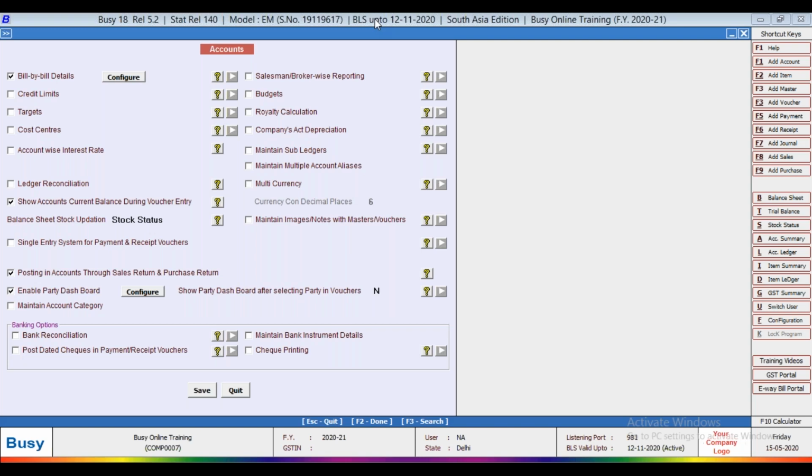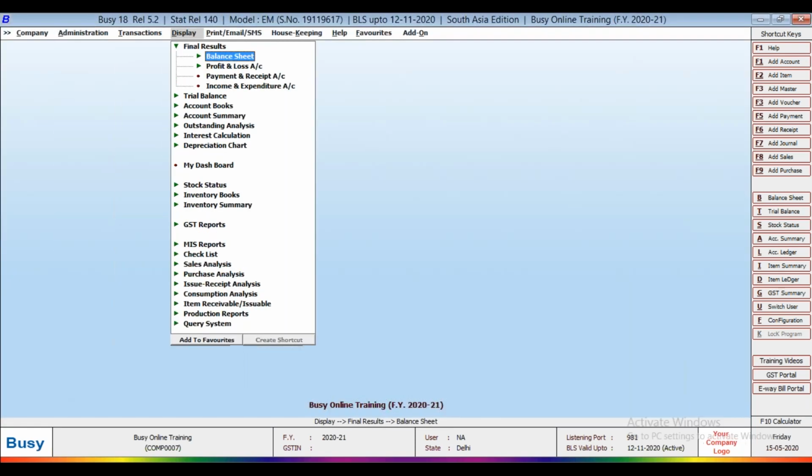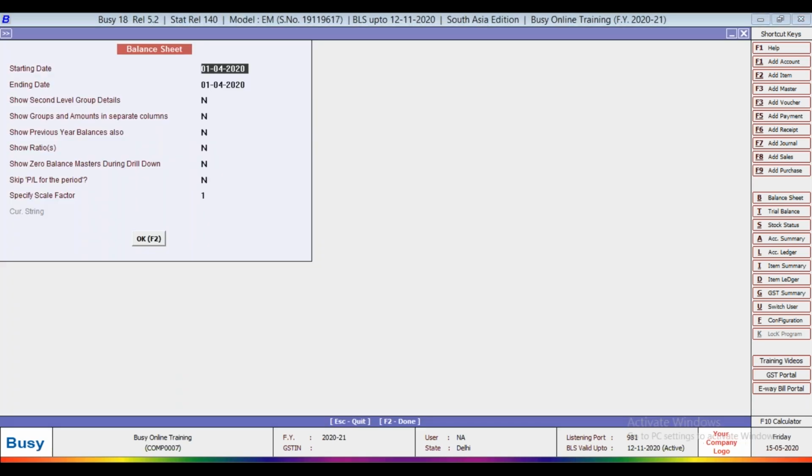So let's see on screen. Go to final result, balance sheet horizontal standard.